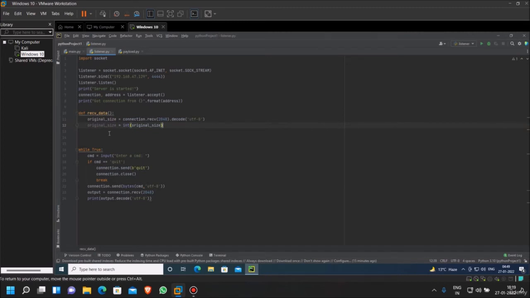So now our original size is in integer format, right? And now, once we get the original size, we want to keep receiving the data till our original size equals the size of our data, right? So let me try to do one thing. Let's say data equals payload dot receive 2048, and we are going to apply a loop here. Sorry,